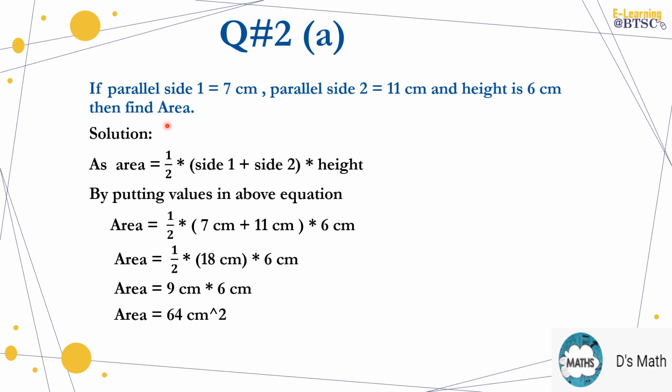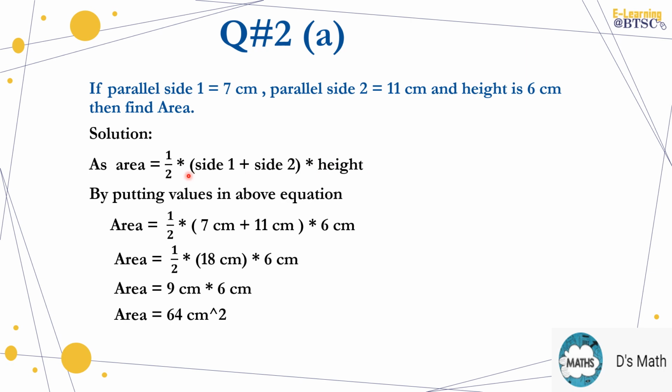Okay, in this question we are not told whether we have to find this for trapezium or parallelogram. We know that when we were discussing the formula of parallelogram, our main concern was about base and height, but when we are talking about the formula of area of trapezium, we discuss the sum of the parallel sides. So here we are given two parallel sides. That means we will use the formula of trapezium. So what is the formula of trapezium? As we know, area is equal to half of the sum of the parallel sides times height.